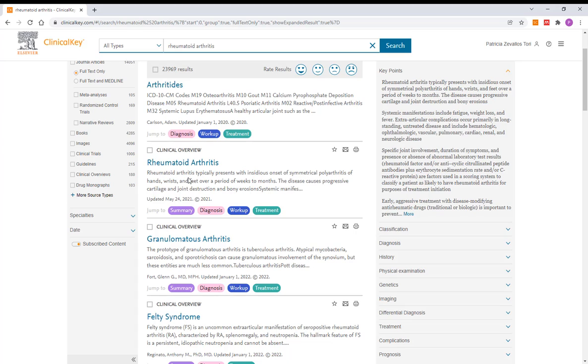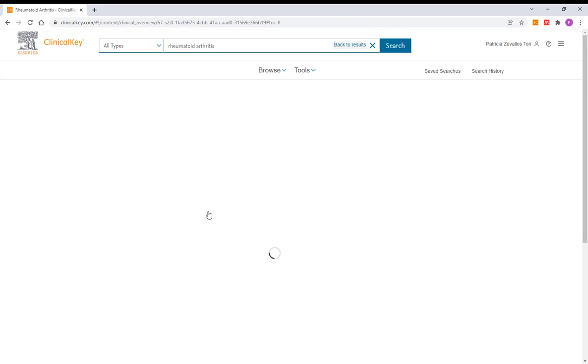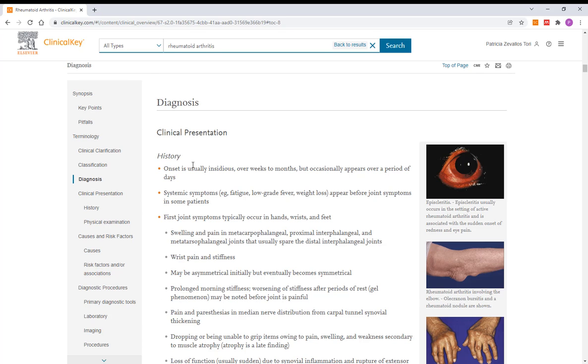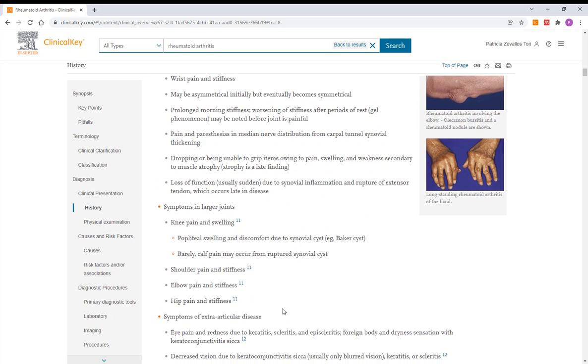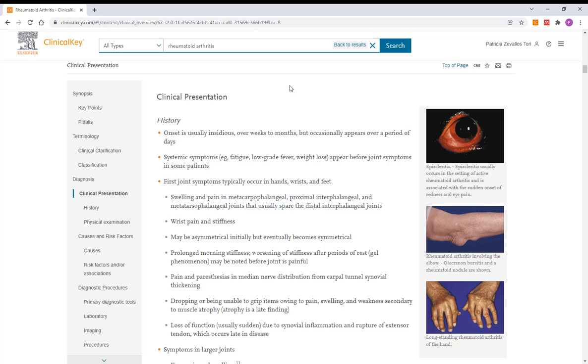And as you can see, we are going to find these different tags in different colors that will help us to go directly to that part of the clinical overview. In this case, for example, diagnosis related to rheumatoid arthritis, and Clinical Key will take us to this specific point in the clinical overview.